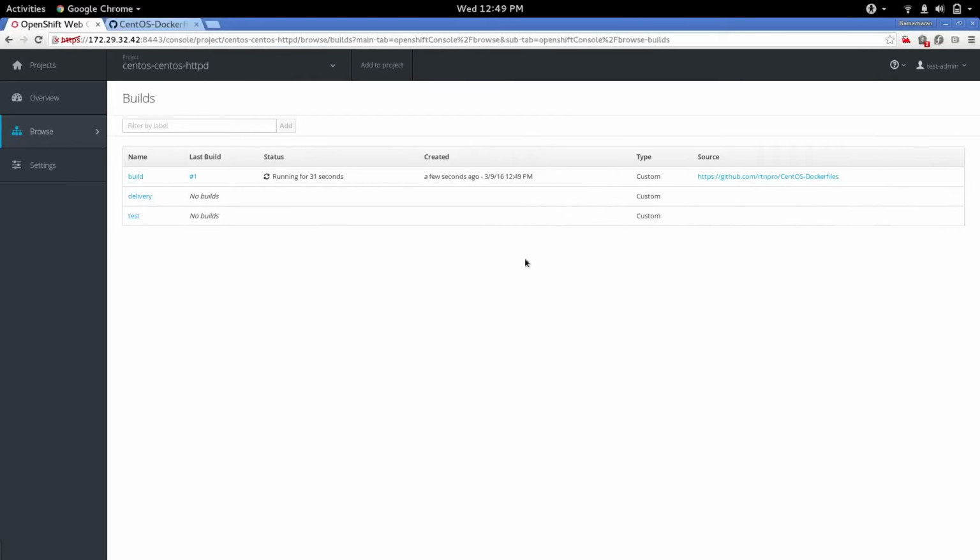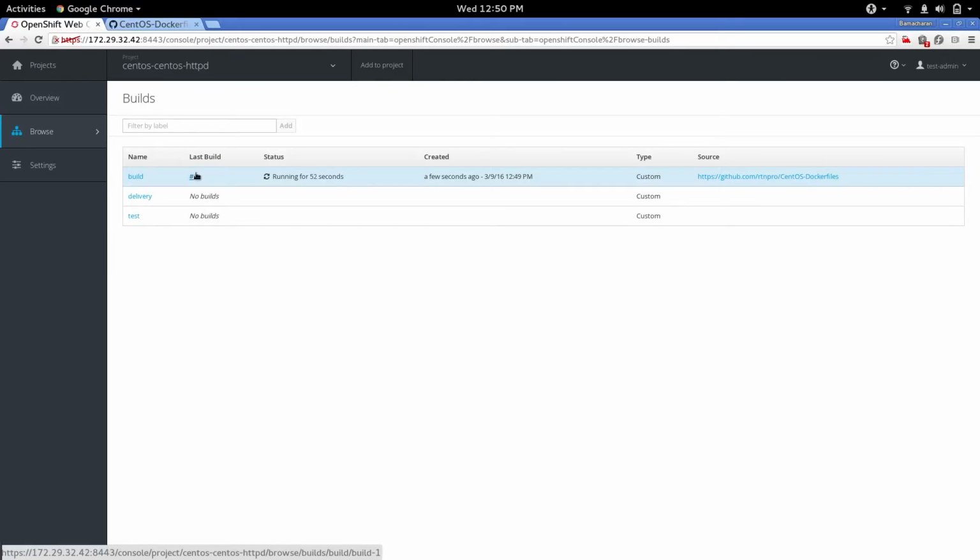From Jenkins it will trigger the build system of OpenShift, which consists of mainly three phases: build, test, and delivery. There is one internal registry and one external registry. The Jenkins job, which is triggered by Git, triggers the build phase of this OpenShift build system,